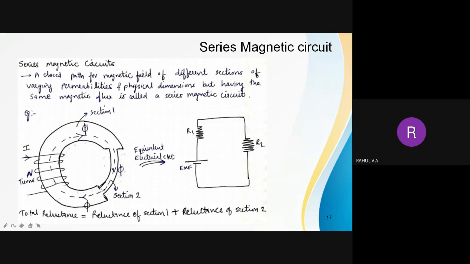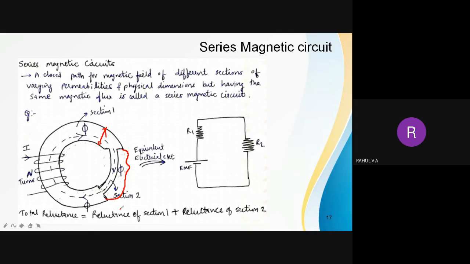This one is the first section, where the diameter is a little bit larger, and there is one more section where the diameter is a little lesser than the previous section. So I have classified the entire circular ring into two sections depending on the diameter. There is a coil where current will flow, and the coil is wound on this ring, but the ring has a specialty.